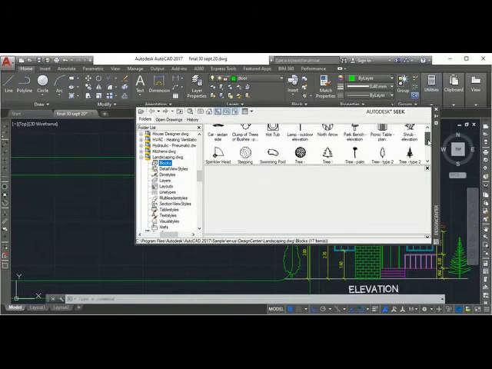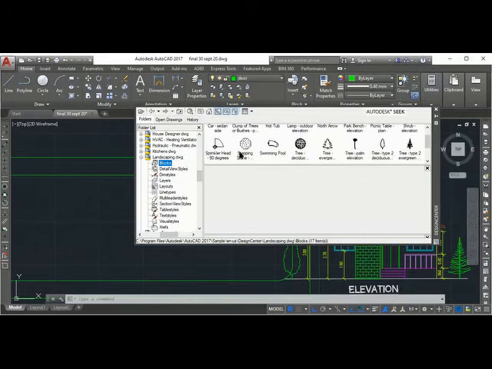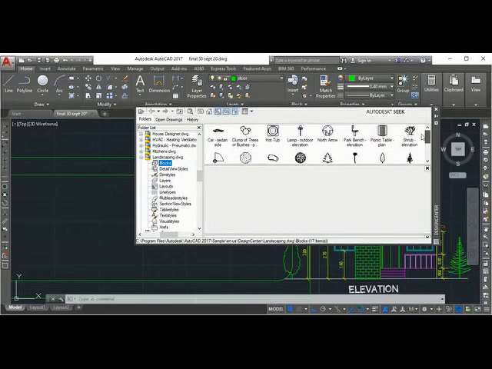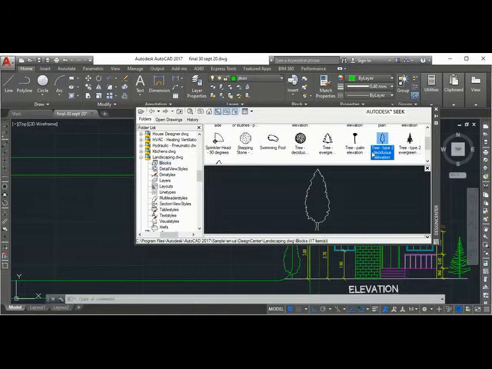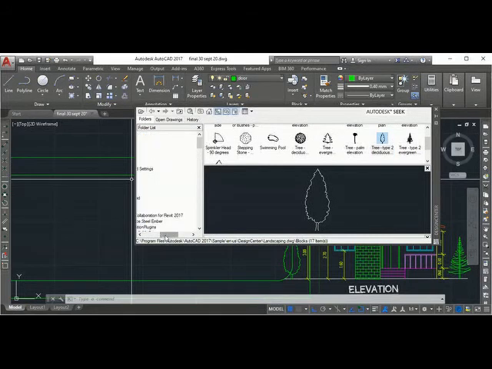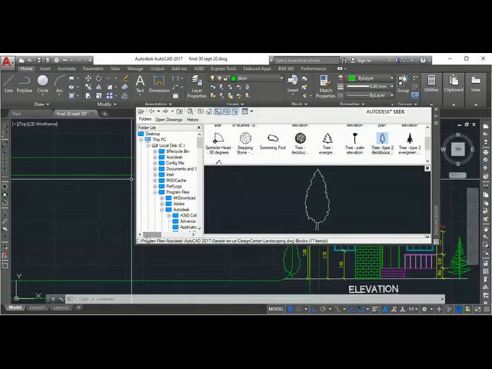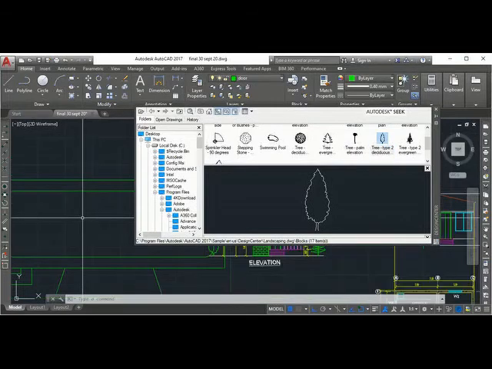Shrubs, trees. Suppose you want to show trees in the plan. This is the elevation. Okay. Just drag and drop, but it may not match the scale. You have to scale down. Okay. So have you noted the path? Hello? Yes, sir. Okay. So next time you try that. You can go to the internet and download trees and other things. Keep it always ready with you.